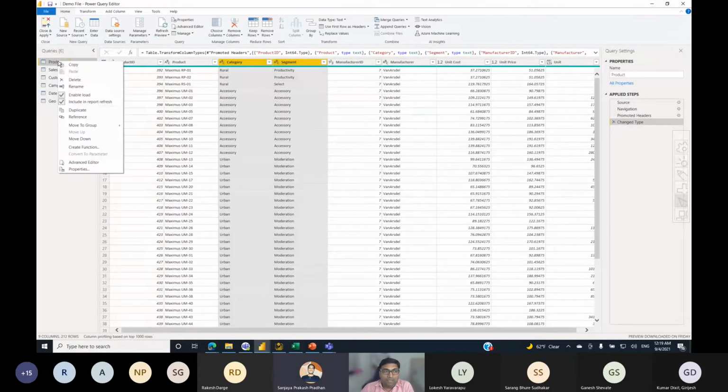So here you can see I have two options: duplicate and reference. As I initially asked your proficiency level in Power BI, and a high percentage were beginners or learners, I can explain this duplicate and reference. In case of duplicate, there will be two tables that are directly talking to your database or data source.